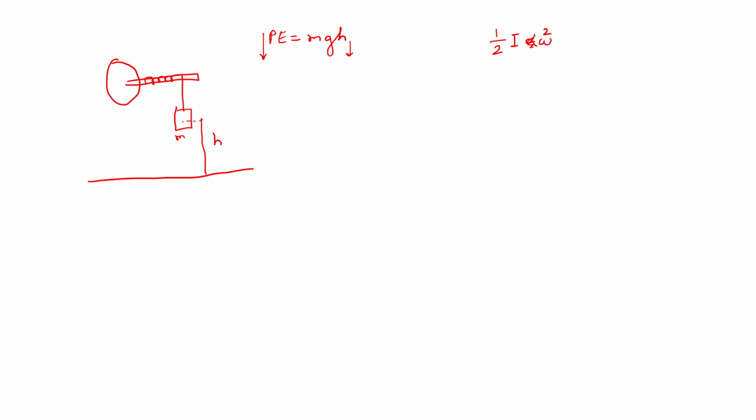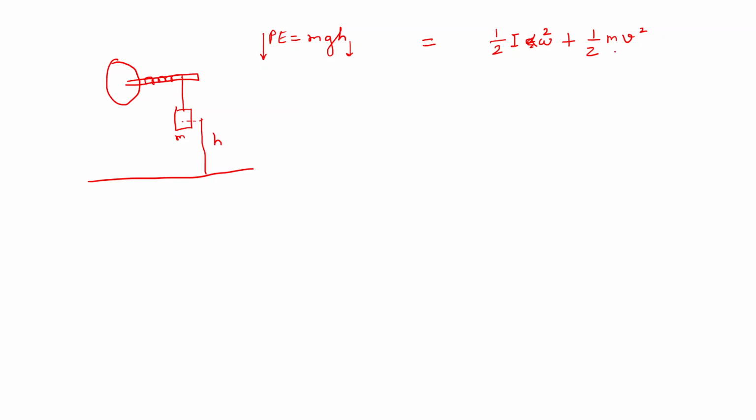This is half I omega square. This is the moment of inertia, this is angular velocity, and this is the kinetic energy of the flywheel when it's rotating. Also this mass is moving, right? So there is kinetic energy associated with this mass also. That will be half mv square. So all this potential energy is getting converted into the kinetic energy of the flywheel and the kinetic energy of the